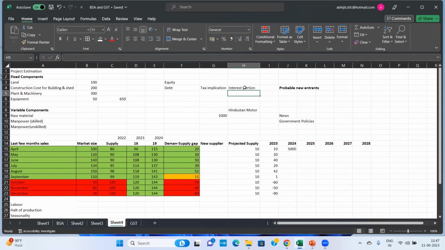So you can suggest to a customer that you take debt and save on taxes through the interest, right? Is there any third option by which he can save more tax? Subsidy is one portion, that is different. I am saying about plant and machinery. When I talk about plant and machinery, please stick to plant and machinery. There are two options of procuring plant and machinery: either you procure by using your equity or you procure by raising a debt. What is the third way which can save more tax?